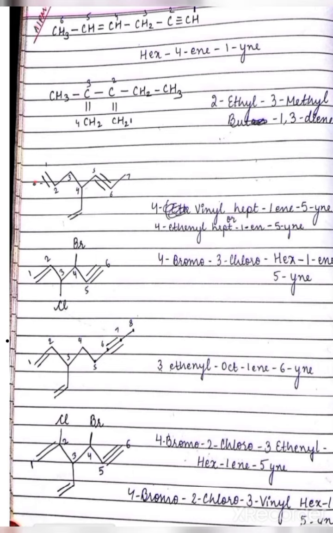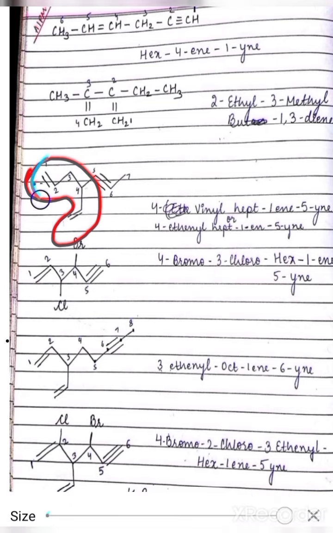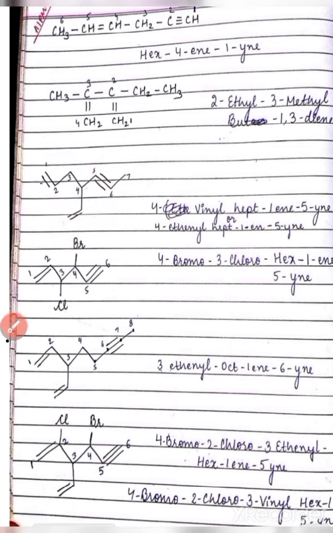Next, now here we can take this chain or we can take this chain, because both the chains have a double bond, but the first chain has a double bond and the next one has a triple bond. But here in this chain the number of carbon atoms is more. Now when the multiple bond number is the same, we will look into the number of carbon atoms as per our preference order. So this chain will be the principal carbon chain, and here at fourth position,